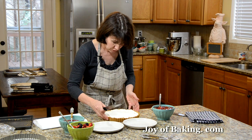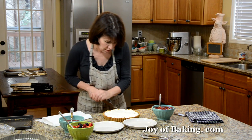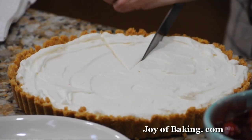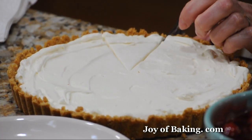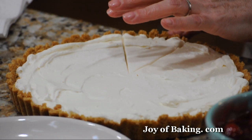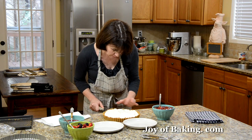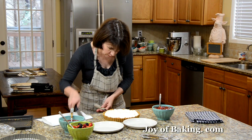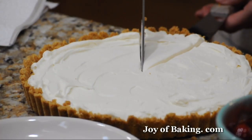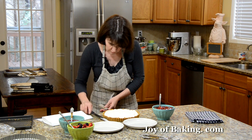So first I'll just cut a slice, and then have a paper towel and just wipe your knife to get a nice clean slice. As you can see, this is nice and firm. And then you can just use a knife or one of these flat edge spatulas. Oh, and cut that all the way there. Make sure you cut all the way through the crust. Okay,